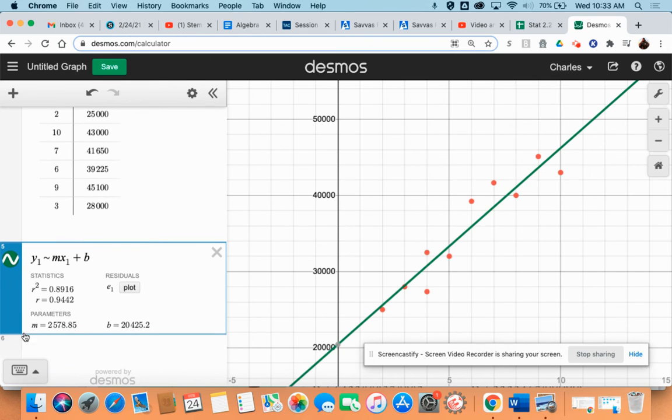You can look in here, you can see what that m is, that slope is. This is salary based on how many years you're working. So you can see the slope is 2,578.85. So that's your slope. That's your rate of change. You go up $2,578 per year of employment. B is your starting value. Looks like you're starting at